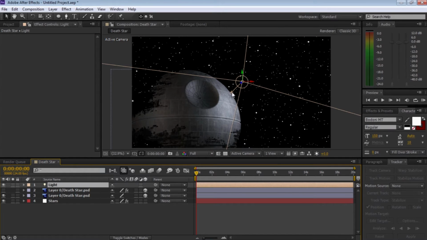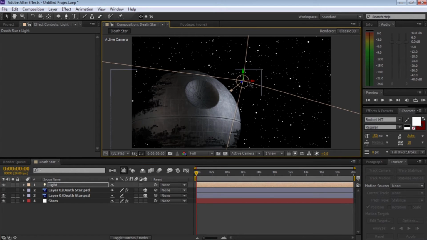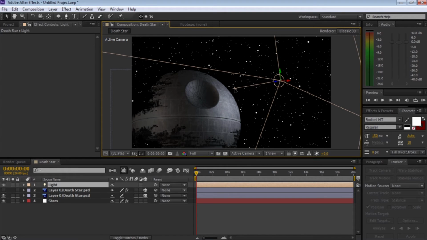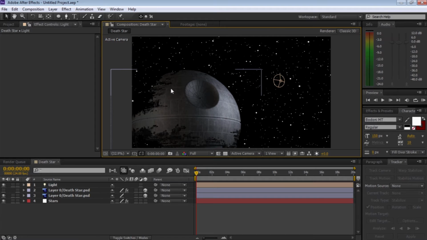Now what I want you to do is to play around with the spotlight and light your scene. So obviously you can move the direction, you can move it in and out, left to right, and just light the scene the way that you like it. One thing you need to remember is you must make the elements 3D, otherwise the light will not affect them. Now that we've got all of our scenes ready to go, it's time to start animating and